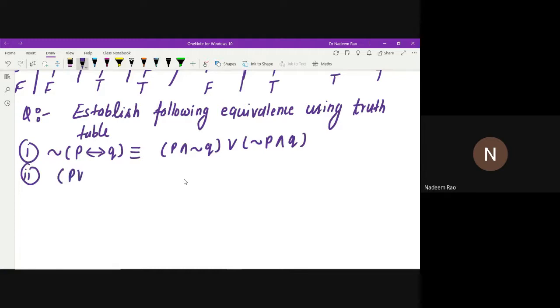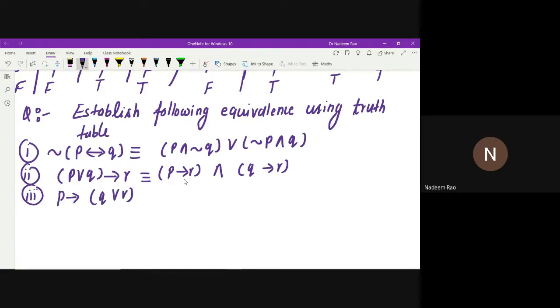P or Q implies R is equivalent to P implies R and Q implies R. Okay. And the third one is P implies Q or R is equivalent to P implies Q or P implies R. Now, the solution,